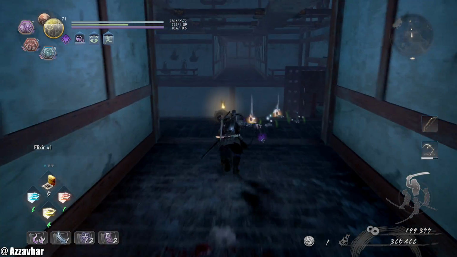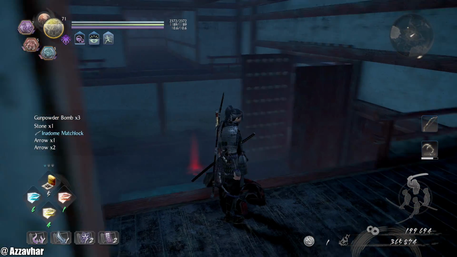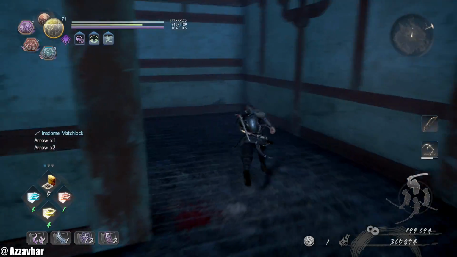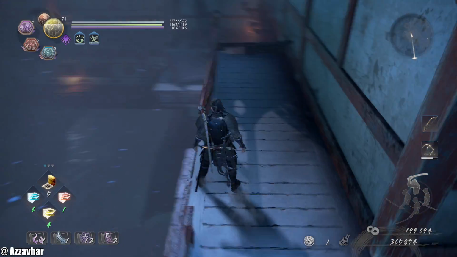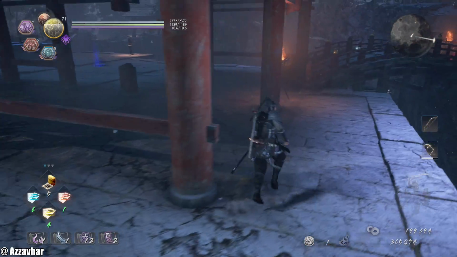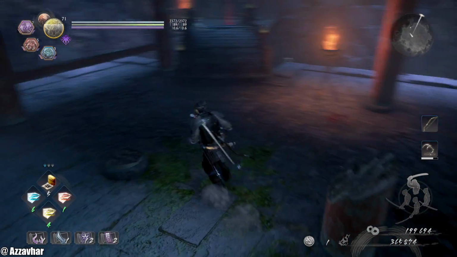And then we'll just clear out this section. Grab the item. So we could fall back down to the mid-section. But I did see like a little bit of a broken barrier. So maybe we could drop through that. I'm not sure if there's anything good there, but we might as well. Nope. Leads us down below, so I think what we'll do is